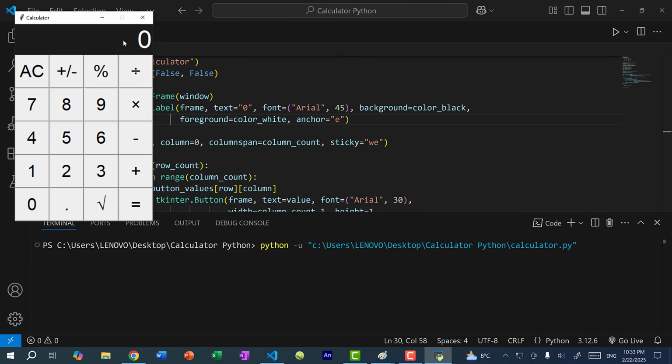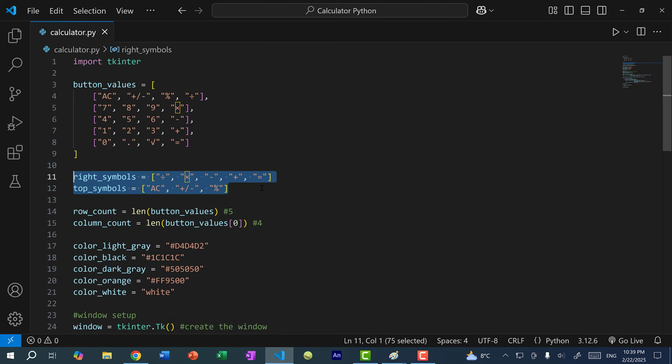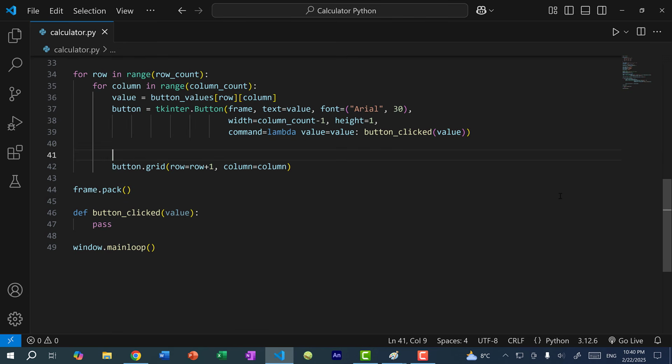All right, so we fixed the text label. Now the next thing we want to do is add colors to our buttons. So on the top, we'll make it light gray, and on the right, we'll have the buttons be orange, and for the rest of the buttons, which are the digits and the decimal place and the square root button, we'll make it dark gray. And with these two lists over here, we can identify what kind of value we have. So over here, I'm going to do if value in top symbols